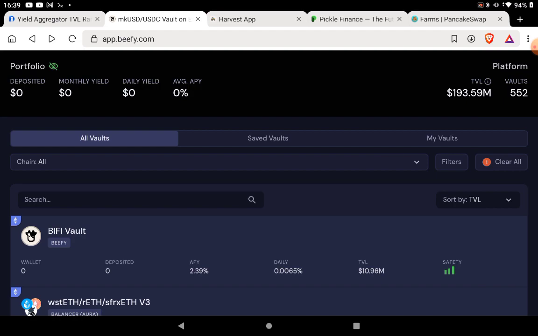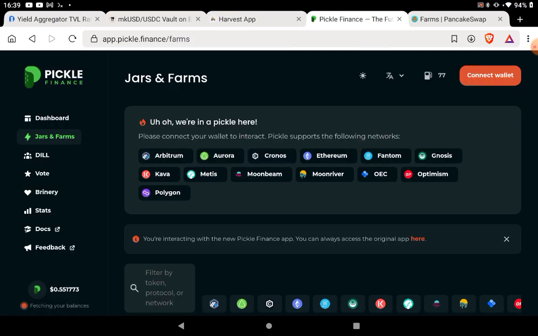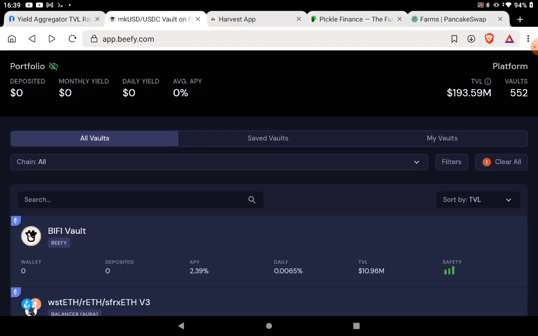All right, so now that you know how you can use this as a menu, you can also use the aggregators in a way that you are more exposed to risk, yes, but you also earn the full set of benefits of interacting with them. But before, let me just show you something real fast that I remember. So let's go here,